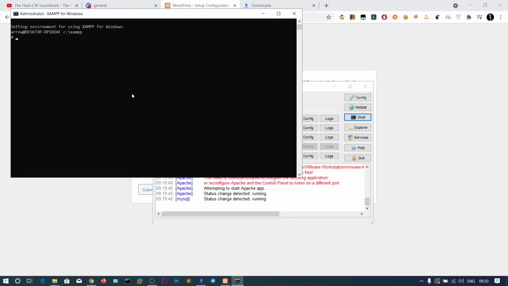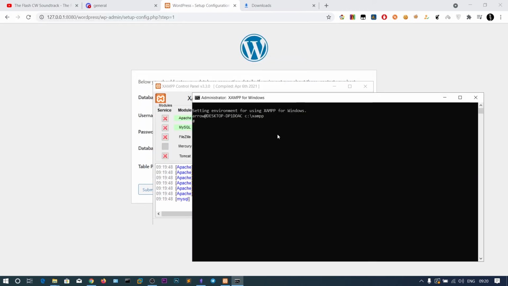Click on shell, so you will get this shell. Now type mysqladmin.exe -u root, and you need to specify the password and type the password here. Root is the password for the root user for MySQL, and hit enter.